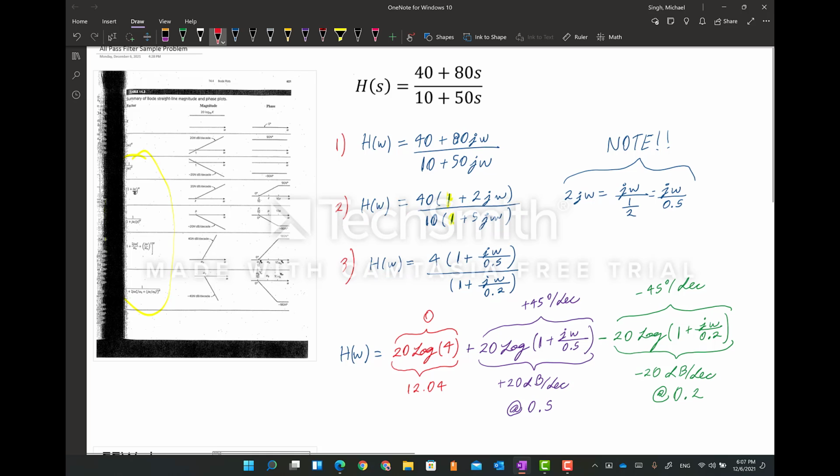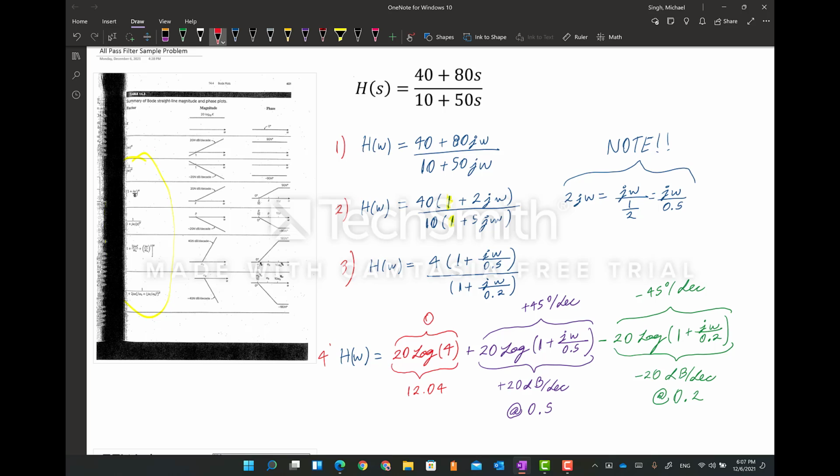And we'll be left with this general H of omega equation, where H of omega is equal to 20 log of 4, which is our new constant, plus 20 log of 1 plus j omega over 0.5 minus 20 log of 1 plus j omega over 0.2. And this is going to give us a constant of 12.04 in the magnitude plot